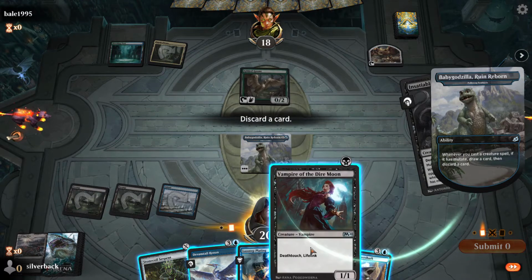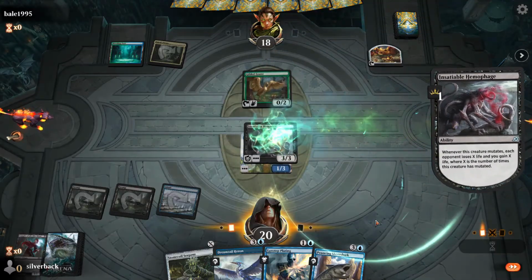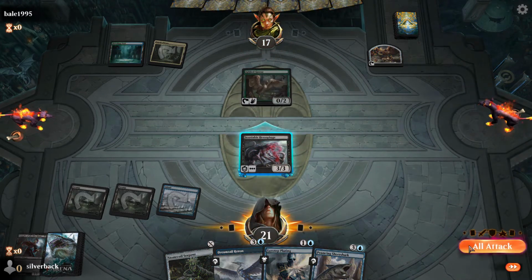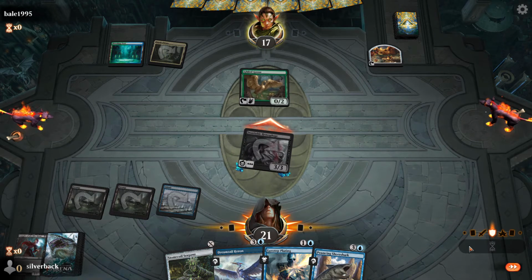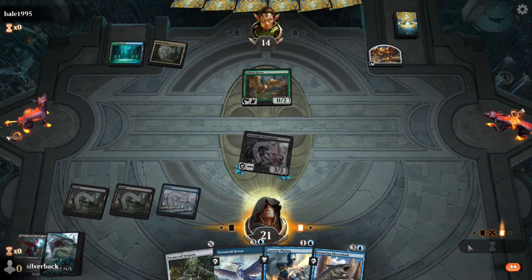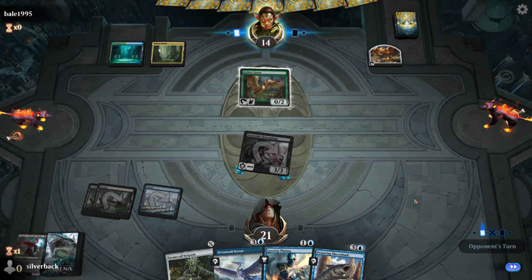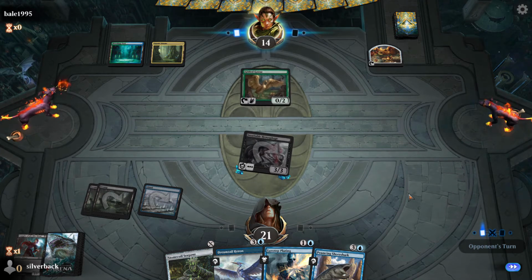We'll get rid of the vampire here. We got enough targets. Take him down to 17. And we'll go ahead and get in. I doubt he'll block here. That's fine. So what you got, opponent? Gilded Goose. He could